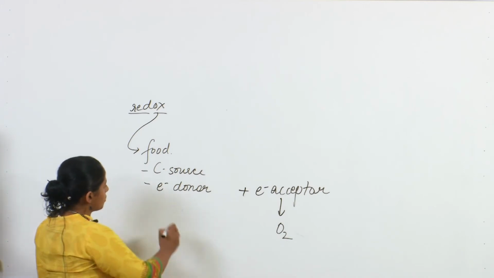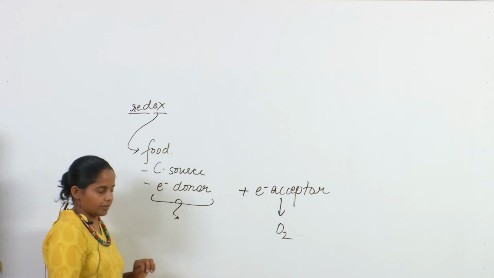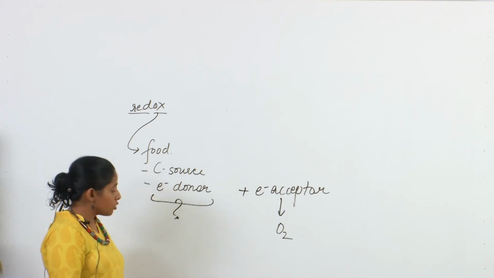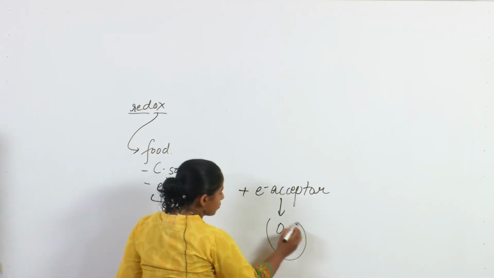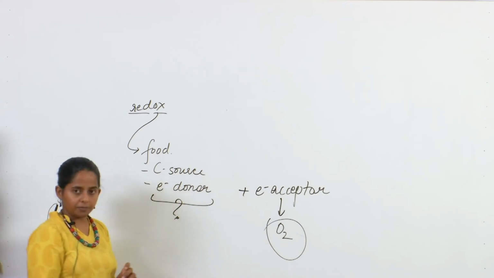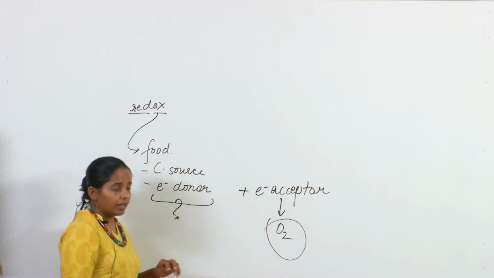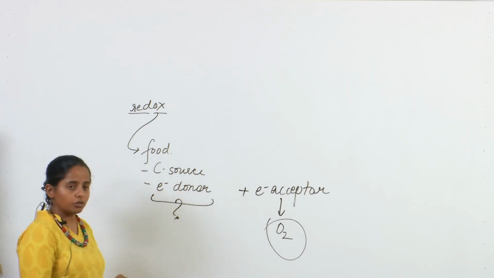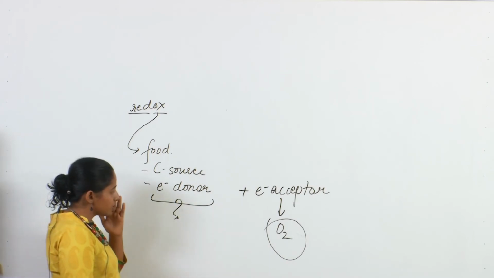So we don't know how much waste is present. We don't know how much electron donor is present, and we can't measure it directly. We want to find out how to measure it. One way we can measure electron donor is to find out how much oxygen would be consumed to finish this food. Or in other words, how much oxygen would be consumed by microbes if there are enough microbes to eat as much electron donor as they can within a time period. So let's say in the first 5 days,